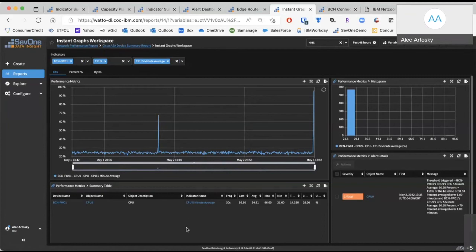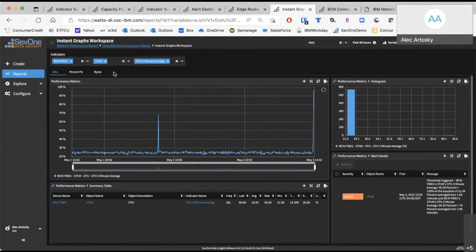So anytime you see a word that's highlighted blue, what that means is that there's more data that's available to be accessed. So again, more AI capabilities of the system is not just the data collection, but the ability for the system to actually correlate your data and give you access to reports specific to the data sets we're looking at. So one of the cool things that you actually have the ability to do in SevOne is the ability to overlay data sets together that are not specifically associated.